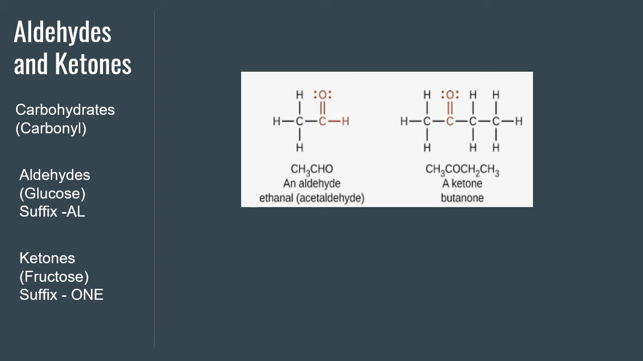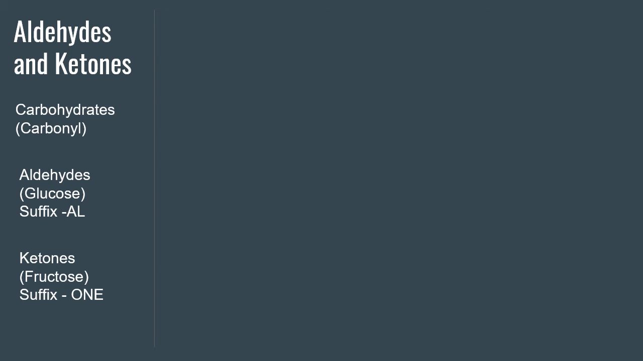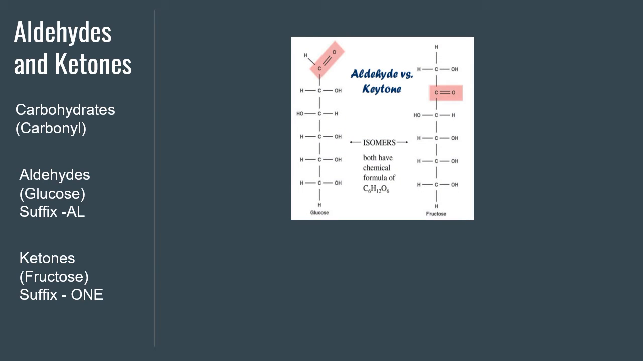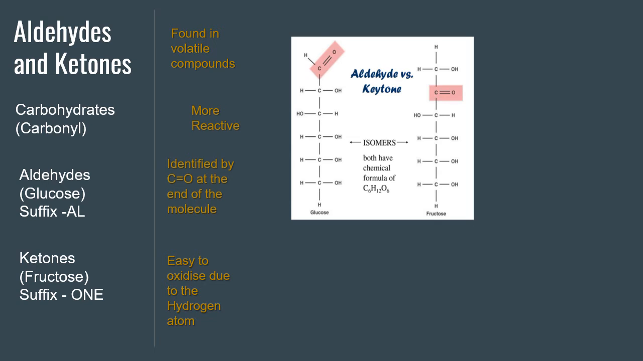This is called butan-2-one. Aldehydes and ketones are also known as the carbonyl group. We are going to have a look at well-known aldehydes and ketones and go through their differences. Glucose and fructose. You can see they both have the same chemical formula, but the placement of the double bonded oxygen is different. Aldehydes are found in volatile compounds, are more reactive, and easy to oxidize due to the hydrogen atom,